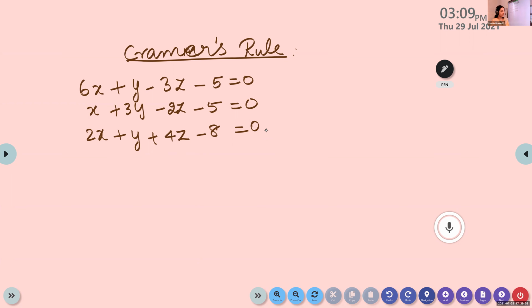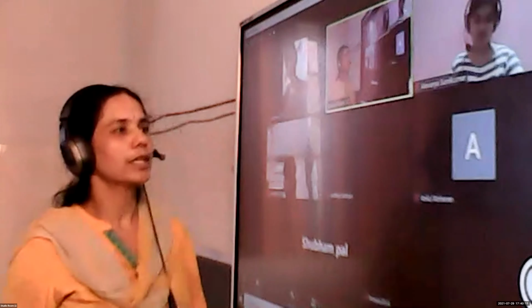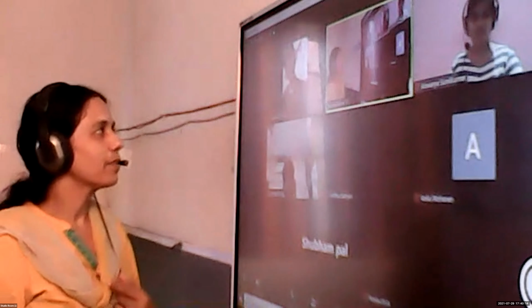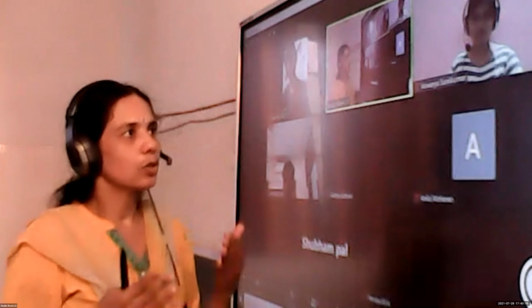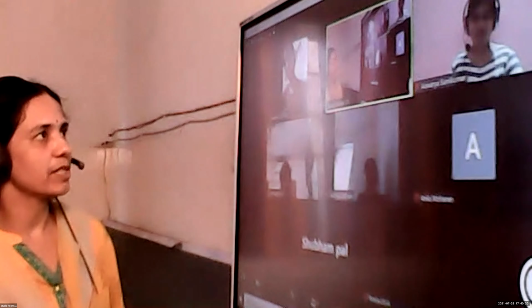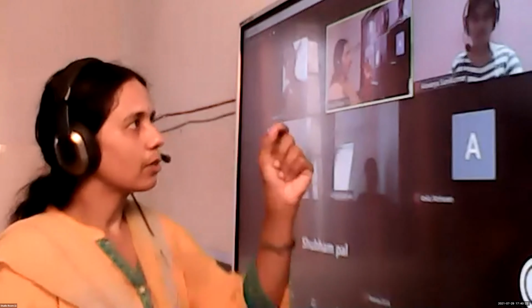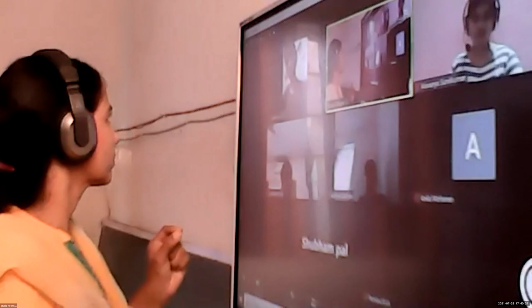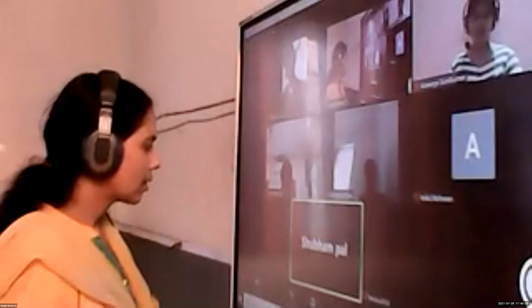This method we call Cramer's method or determinant method. Both are the same. We use the determinant and find the solution. And this time, children, as you have MCQs, we don't know how the question will be, because they can't specify the method. The question will be to solve it and choose the option only, isn't it? So we have to show the solution also.